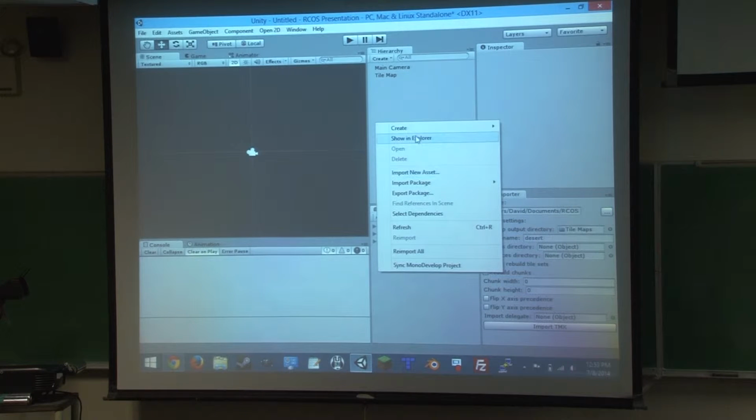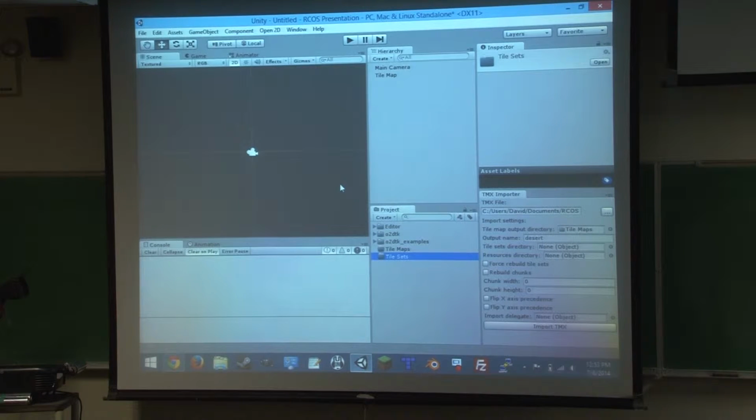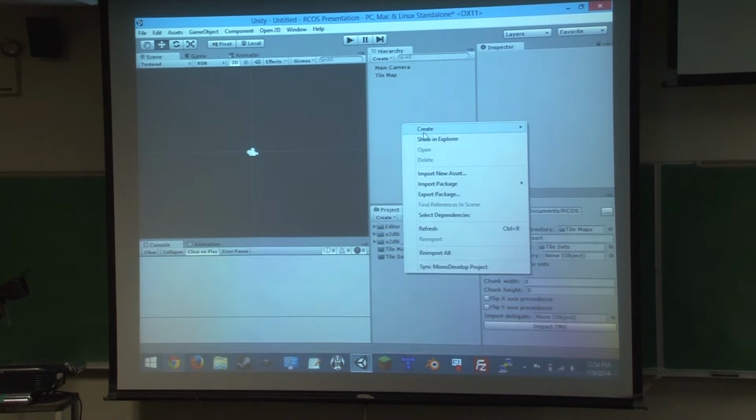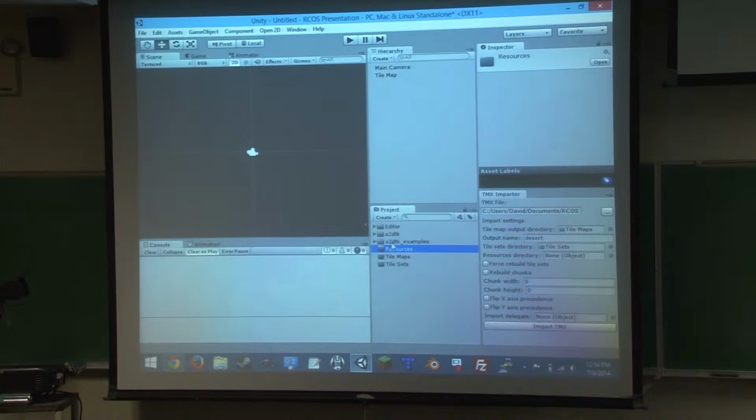Then we'll make a tile sets directory. All these tile sets are stored in the same directory so that multiple tile maps that use the same set of tiles or even the same images can share all of them and reduce your memory footprint. Then we'll make a resources folder. The resources folder is a special folder in Unity that lets you read and write data to it, but the data has a lot of restrictions and you have to make sure that it's formatted a certain way compatible with